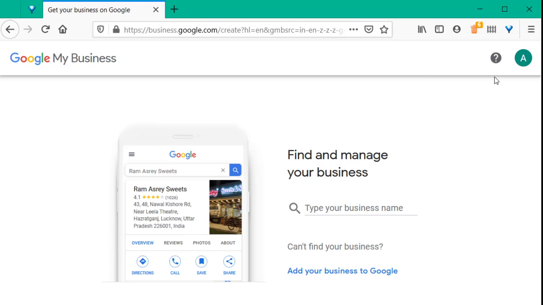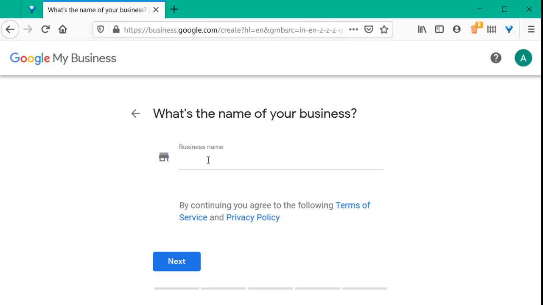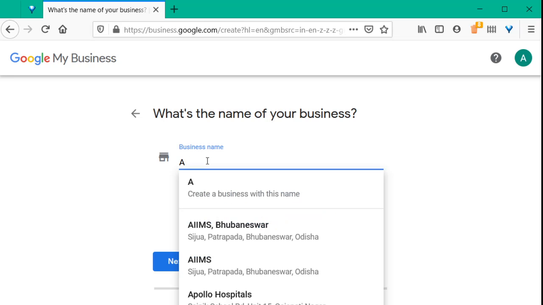I have already logged in on my browser, so it is already showing me as signed in. So I will now add the Google My Business page. First add your business to Google. Here you first write the name of your business. Today I will give you an example of a government Ahar Kendra of the government of Odisha. You can follow the same procedure for other businesses also. So first I will write here the name of the business, that is Ahar Kendra.